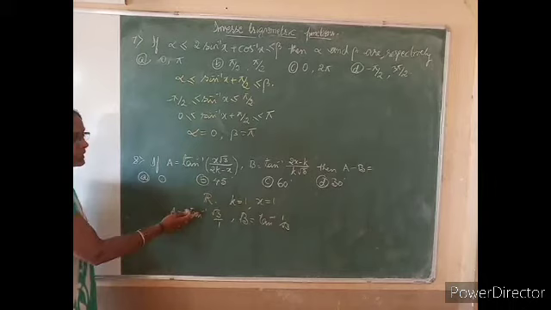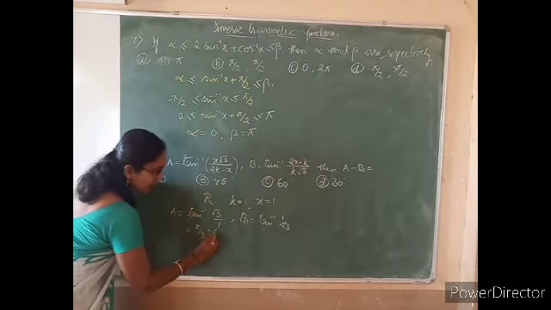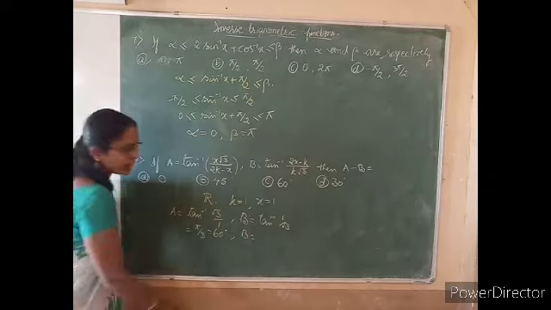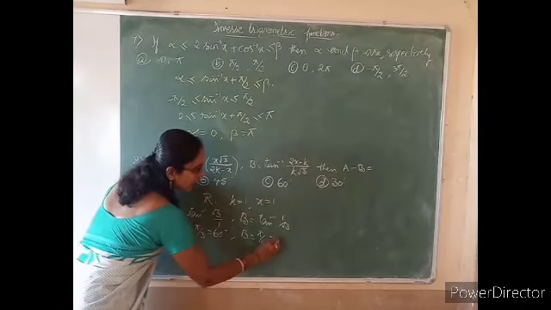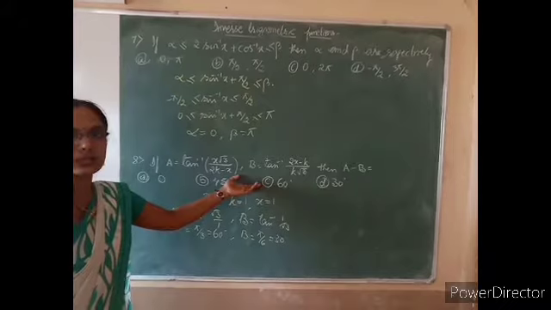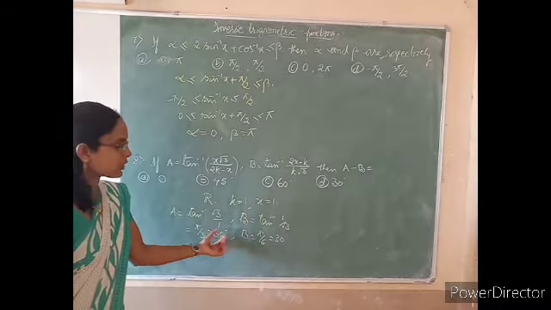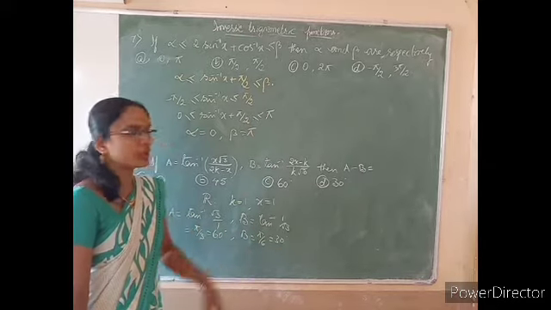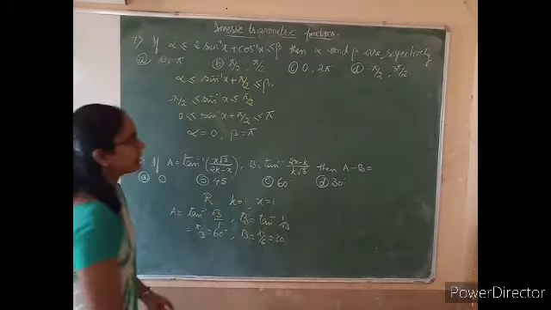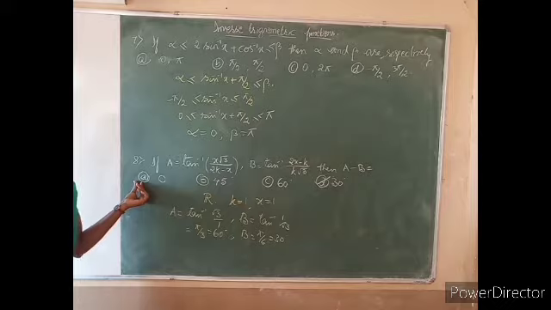And you know that tan inverse of root 3 is equal to pi by 3 or 60 degree, and tan inverse of 1 by root 3 is pi by 6 or 30 degree. Here the measurement is in degree measure, therefore we can set the degree measure here. So a is 60 degree, b is 30 degree. We want the difference. So a minus b is 60 minus 30, that is 30 degree. This will be the option for this question.